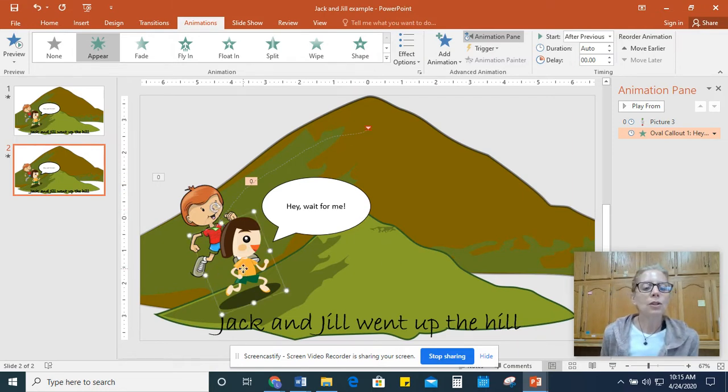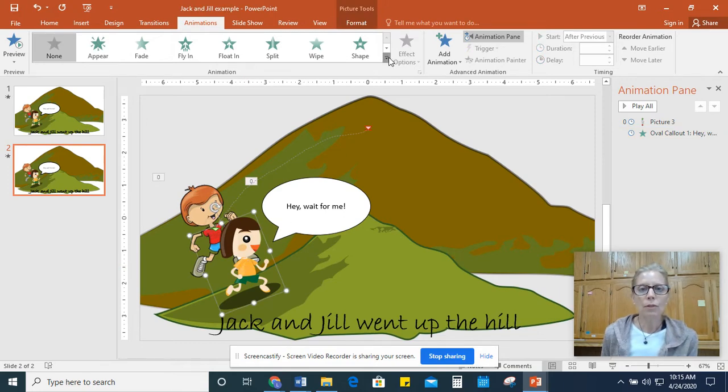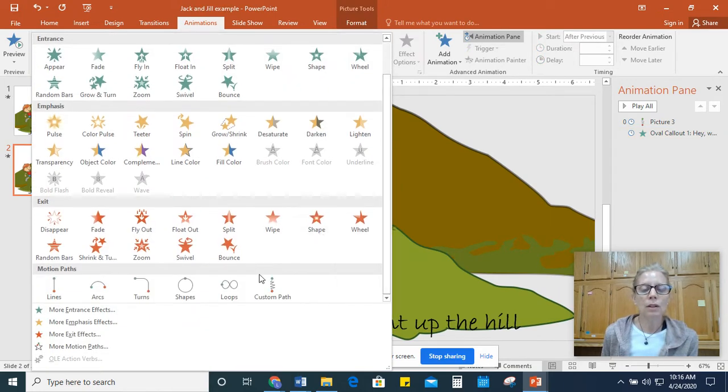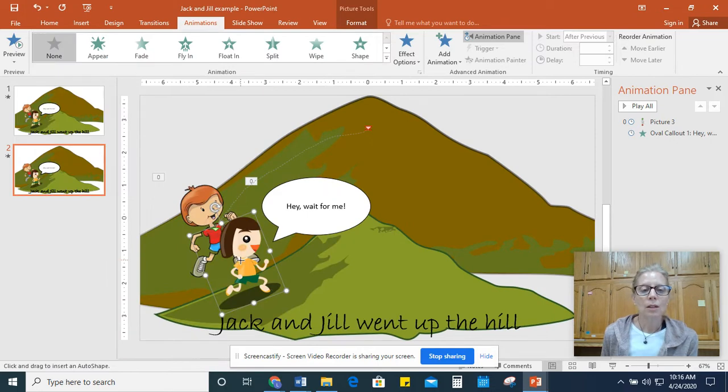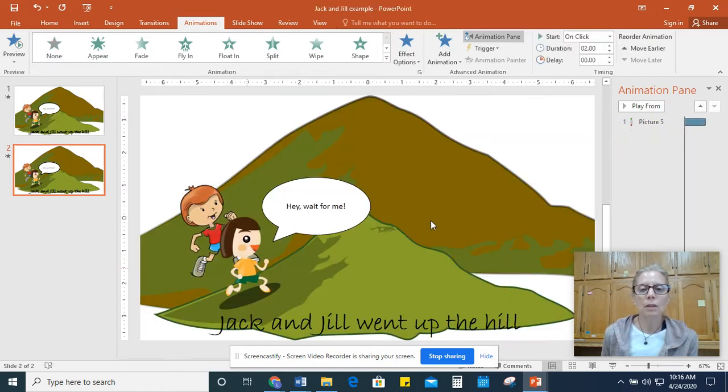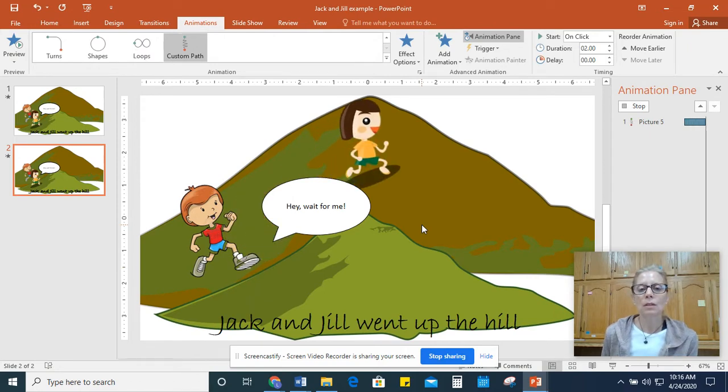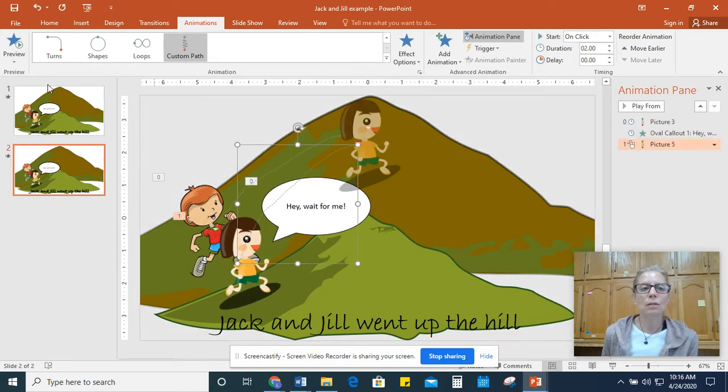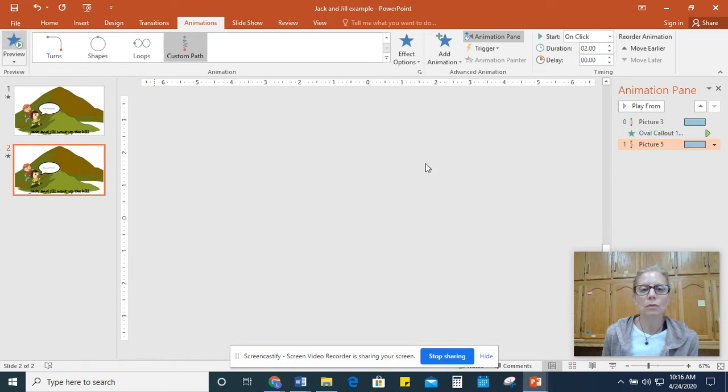So now I'm going to click on Jill. For Jill, again, I scroll down. I just did a custom path. I'm going to have her go up to the top of the hill. I'm going to double click. So Jill also goes up to the top of the hill. So now if I preview,